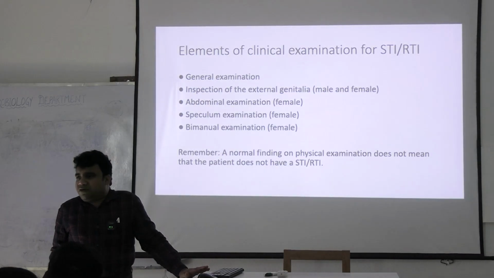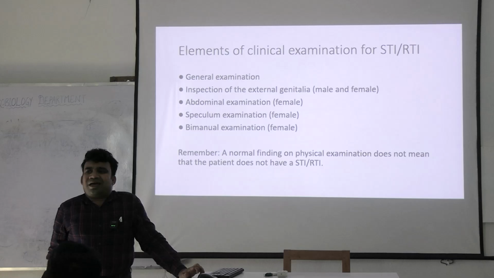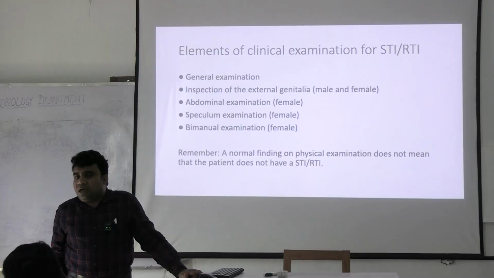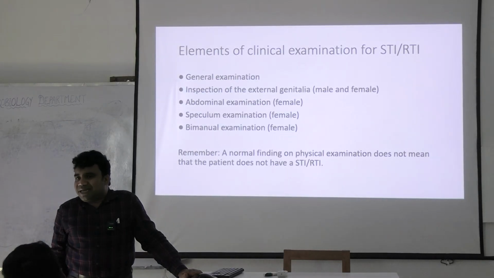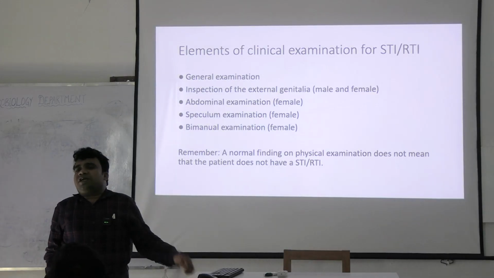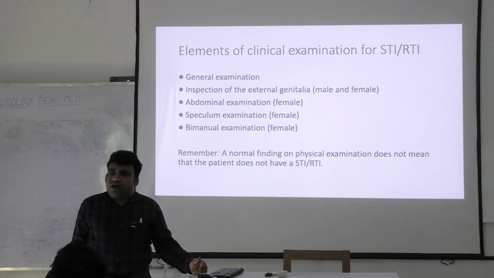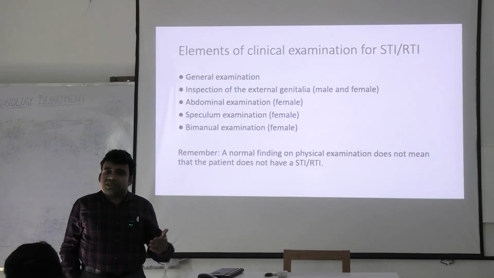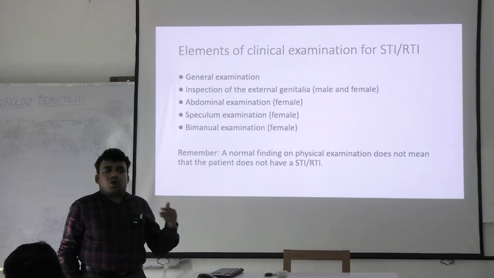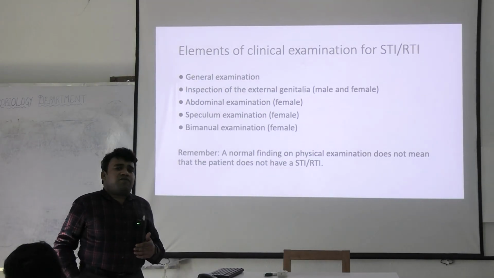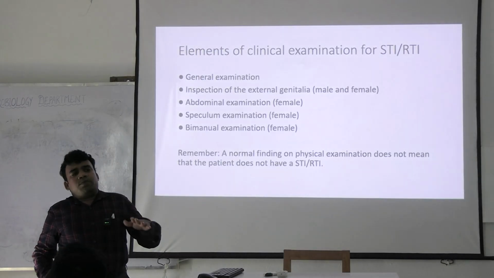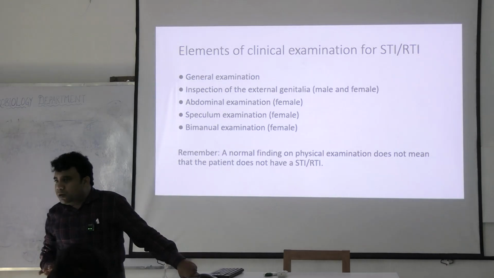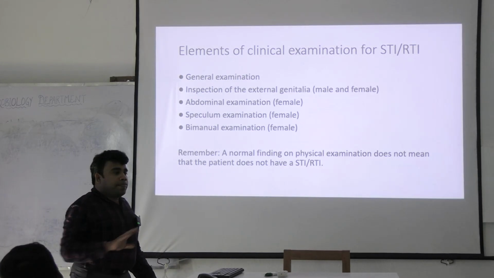Furthermore, because it affects the reproductive organs, we can assess them by a speculum examination. That is applying a speculum in the vagina and examination of the vaginal introitus and the cervix. For example, if the cervix is affected, we can find redness, swelling in the cervix, etc. Furthermore, we have to assess whether these are also inflamed or not. That is called the bimanual examination. That is, after doing the vaginal examination with one hand, we also have to examine the lower abdomen with the other hand. So this is the total examination.